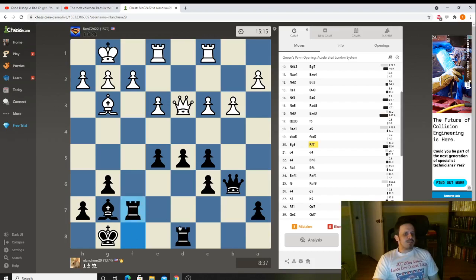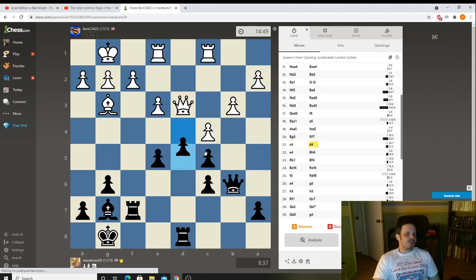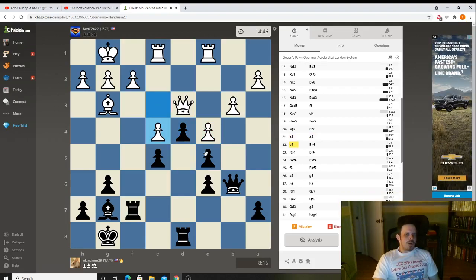It's a very flexible move. Maybe we'll double up rooks here, maybe we can double up here. And the rooks are just flexible to move around wherever they want, and they don't get in the way of one another. I play c4. And of course, there is a pin here, so we cannot take. So the big question, of course, is do we push or do we do nothing? We decide to push, and white